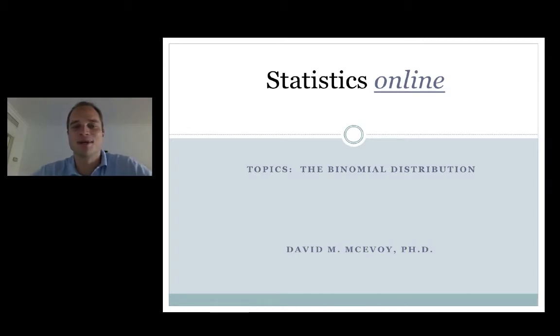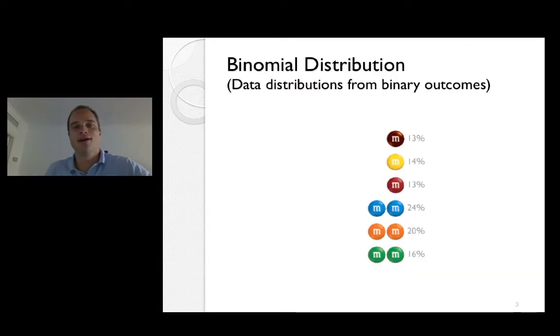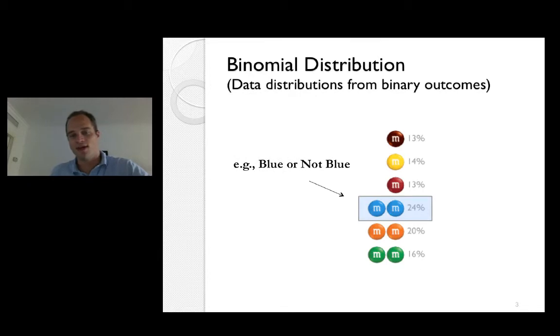And today the topic is the binomial distribution. The binomial distribution is a name we give for a distribution of data that results from binary outcomes. This example that I've mentioned in a previous episode is the blue M&M example. Mars claims that their percentage of colors that they produce for the original M&Ms is as follows: with 24%